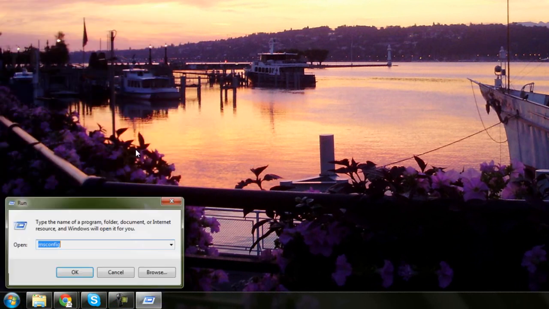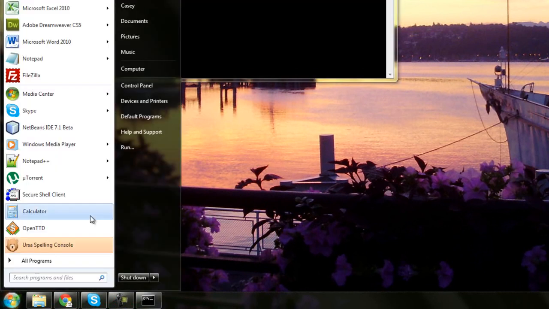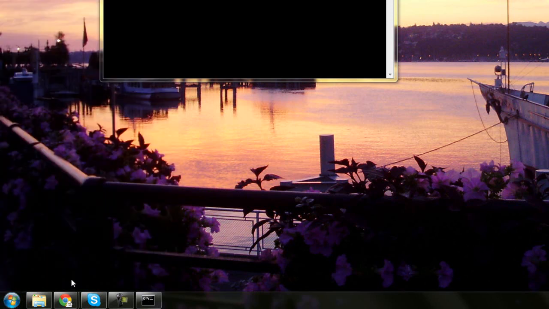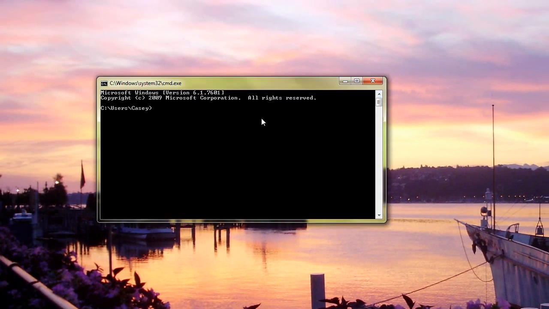So the first thing to do would be to figure out what the original IP address is. To do that, you want to open up Command Prompt. You open up Command Prompt by clicking on Run under the Start menu, or if you go just to search, you can search CMD and it'll be the only thing that pops up. I'm going to assume that you're already connected to your network with a dynamic IP address, just like you normally would. So what you want to do is type in